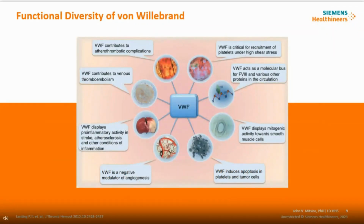Now, von Willebrand actually has multiple functions. One of its primary functions is to act as a chaperone, also referred to as a molecular bus, for factor VIII. When factor VIII is exposed in circulation, it's easily proteolyzed. However, von Willebrand has a special spot for factor VIII to bind to, protecting it from proteolysis. In addition, von Willebrand is a positive acute phase reactant, as is factor VIII. So under inflammatory conditions, both von Willebrand and factor VIII are significantly increased, providing this thrombotic risk, especially in inflammatory conditions. And we saw this in patients who had COVID-19, where they had high von Willebrand as well as high